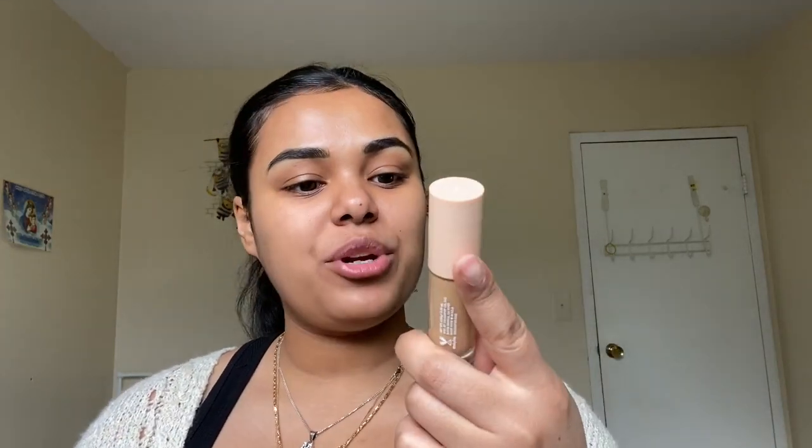Anyway, so today I got the ColourPop Pretty Fresh concealer. This retails for about $9 on the ColourPop website, and this is in the shade, what shade is this? Dark, medium dark 120. So what I do is I just slap some on the back of my hand,